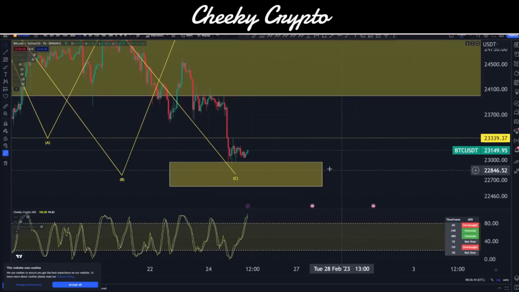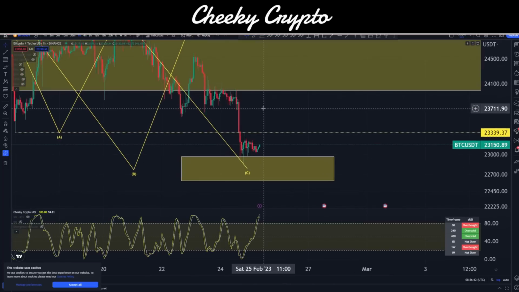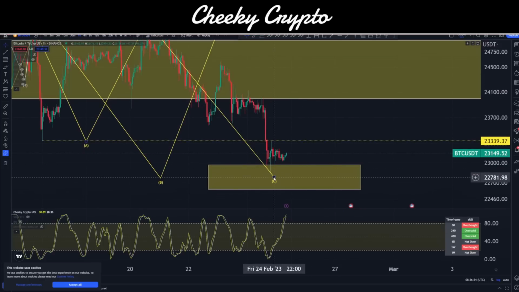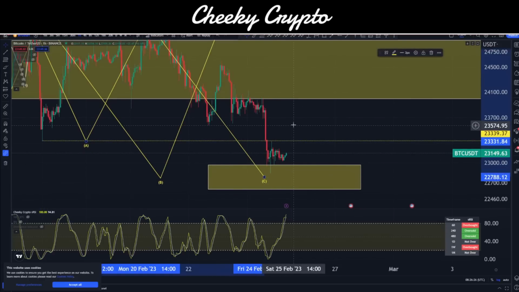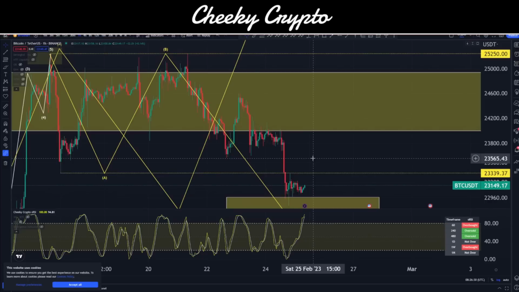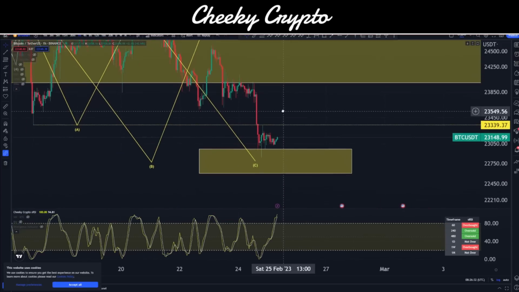$22,841.19. Now, the obvious thing here is that we have a structure that could be deemed impulsive if we drop down to a certain level. That would basically mean that we have this ability to look at this as a C wave structure at the moment, but it may in fact become something slightly more sinister. It may become a wave 3 structure instead.